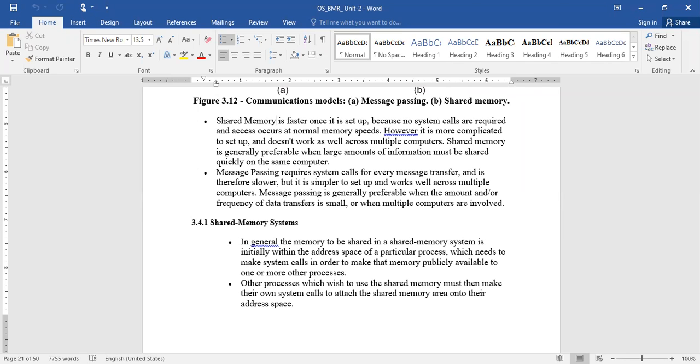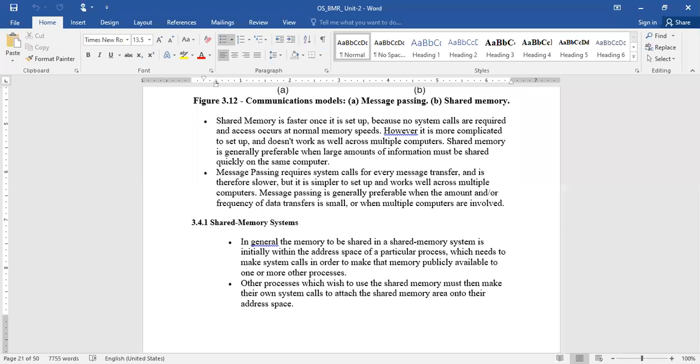In that case, you need not require any other kind of system call. That is what we mean: once the shared memory is set up, no system calls are required and access occurs at normal memory speeds.